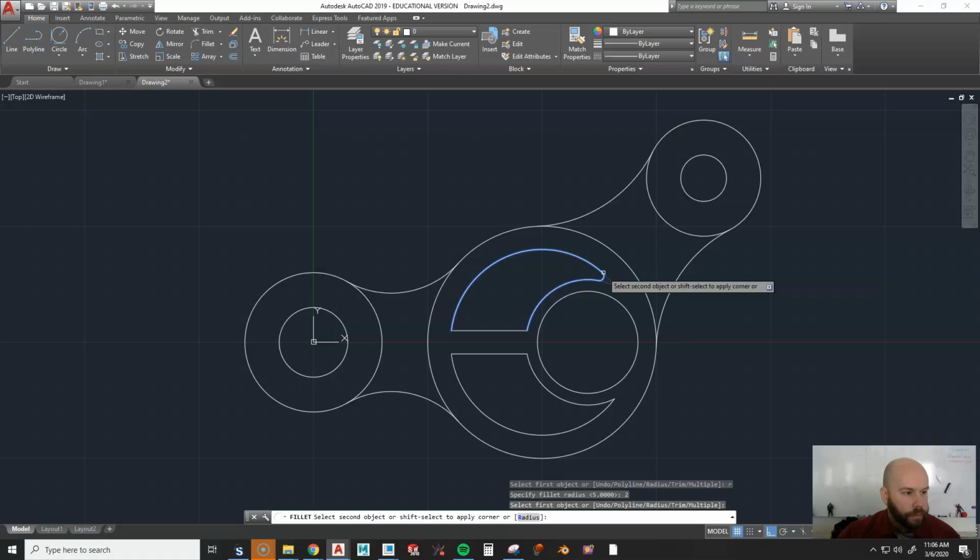Really tough. Maybe it's 2.5. We'll hit escape. F, enter. R, enter. 2.5. Let's try that. That looks pretty close to what they have. Okay, so now that I got it to work, I'm going to go F, enter, and I'm going to type M for multiple, because I want to put in multiple radii at a time. So M, enter, and now I can go around and just do this. Put those together, put these together, put these together, put these ones,